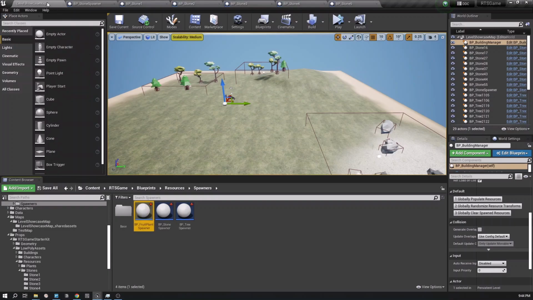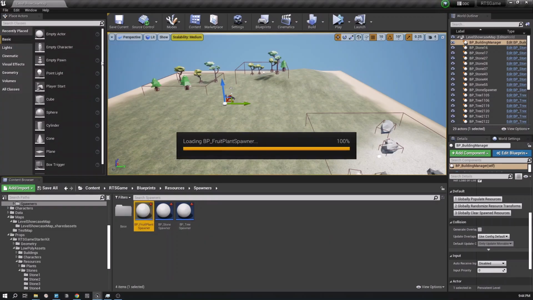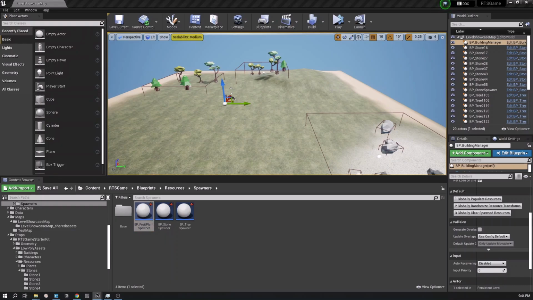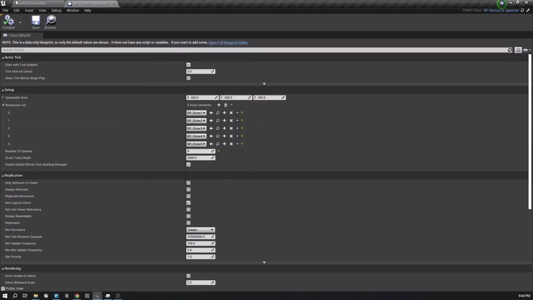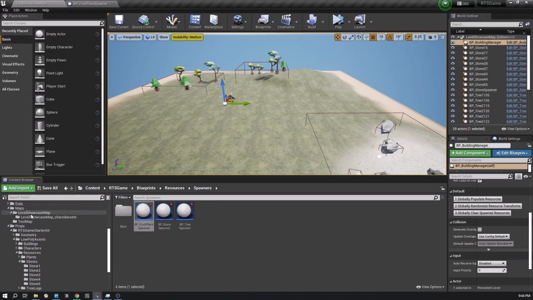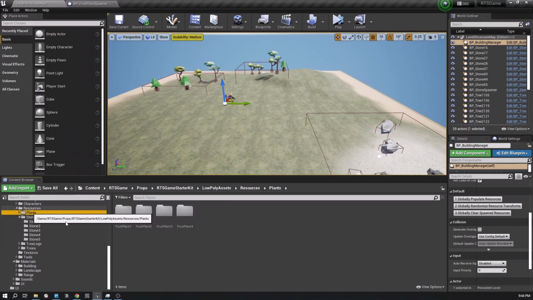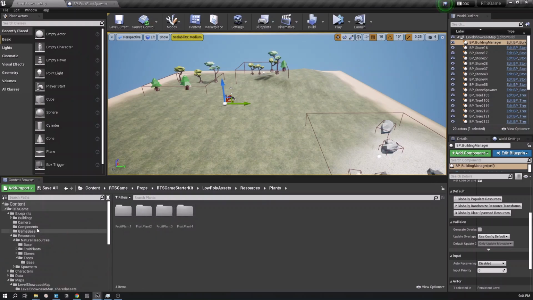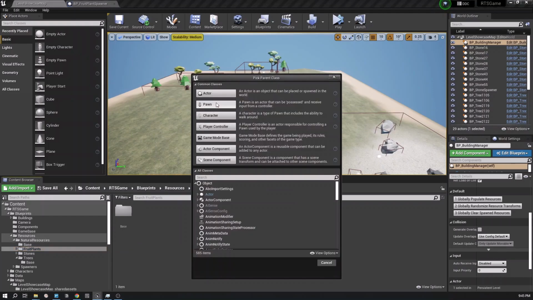Make sure to save everything and I'll close the previous tabs. And here again, we don't need these stones. Instead of that, we have to create the fruit plants instances. So again, if you go to the plants, we have 4 different types of plants. So let's quickly create those as well. So let's go to the resources, natural resources and fruit plants directory, and let's create